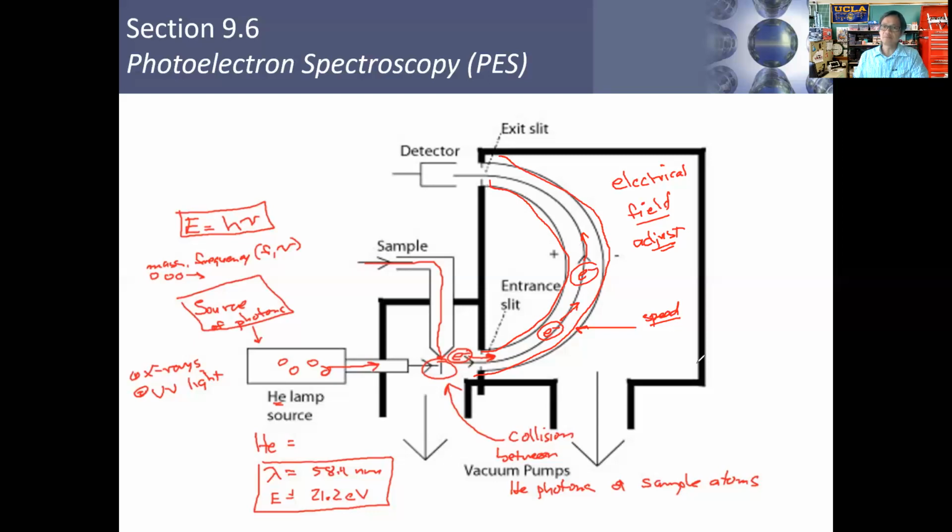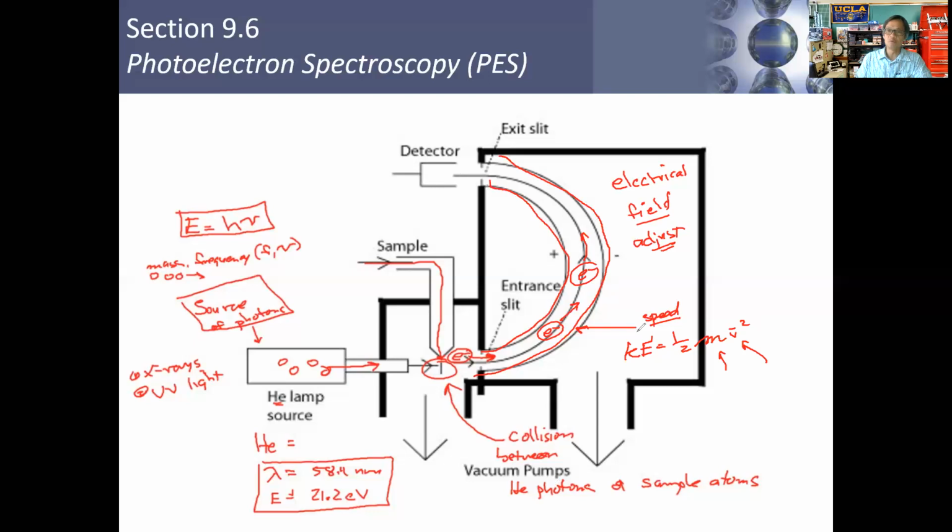So the speed here corresponds to kinetic energy, because remember, we can calculate the kinetic energy: if we know the mass of the electron, which we do, and we can determine its speed, we can obtain the kinetic energy. More importantly, there's a relationship between speed and kinetic energy. That means if we adjust the electrical field here, at a certain adjustment level, only the specific type of electron with the specific kinetic energy